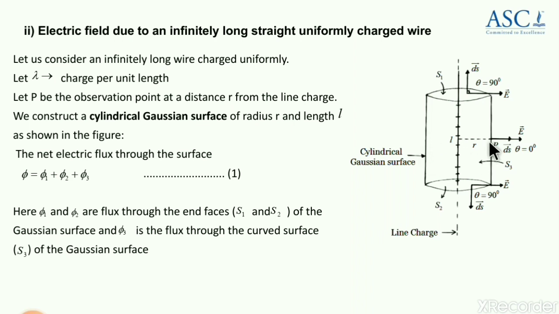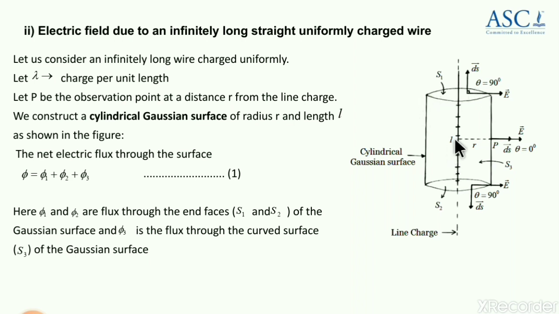Now as I told, from the point of observation around this wire, draw the cylinder, and now we have to make use of two concepts. One is the definition of flux and the other one is Gauss law. Now how do we make use of flux? For the purpose of making use of flux, here if you observe, there are three different faces for the cylinder to calculate flux out of the surface.